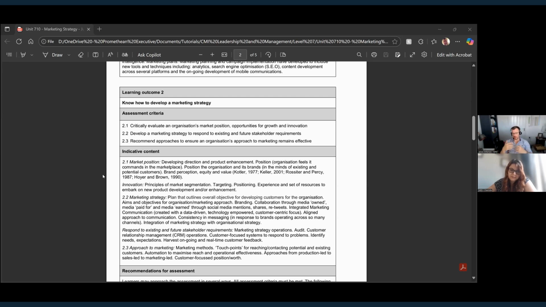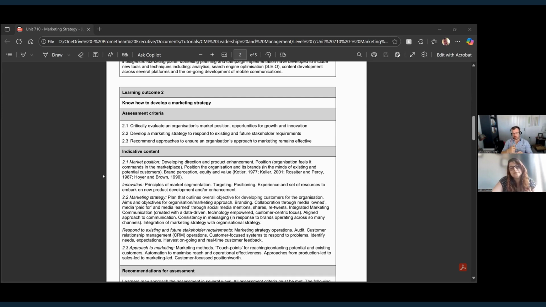The starting point is at least partially described in 2.1 potentially. And so 2.2 could build on that and then develop one out. So given that starting point, the evidence analysis you've done, what would then your proposal be for how we're going to respond to the existing and future stakeholder requirements? Okay,